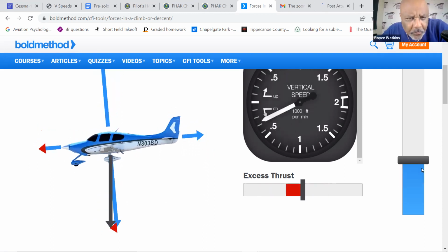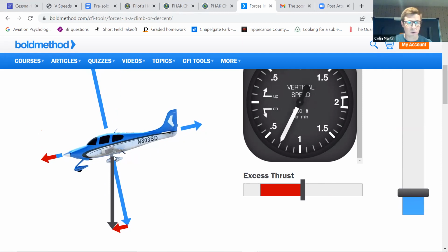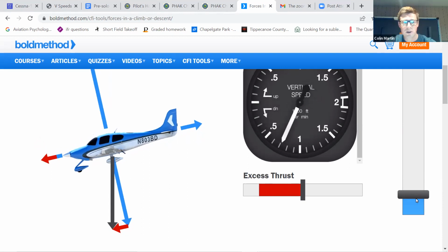So if we pitch our nose down, now that black arrow is acting on a forward angle to our plane rather than straight down when we're level. See how it's straight down when level. And then if we pitch forward, now that